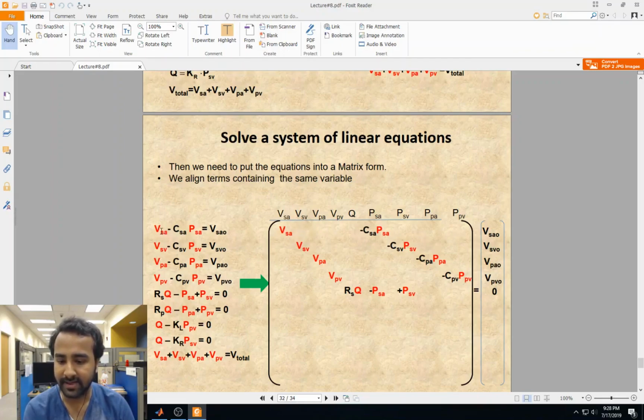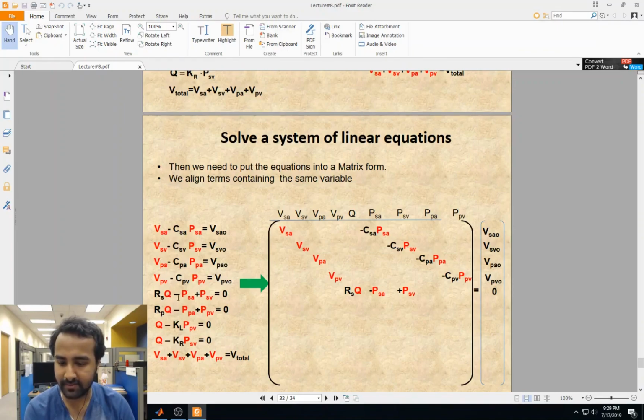So in this case, VSA and PSA exist in the first equation, so we're going to put those here and here. And naturally, because this PSA is going to be multiplied by CSA, that comes along for the ride as a negative, and then it's just going to be a bunch of zeros, and then it's going to be equal to whatever it is here on the right. So VSA is L0. And for example, if you want to do it for, let's say, this equation right here